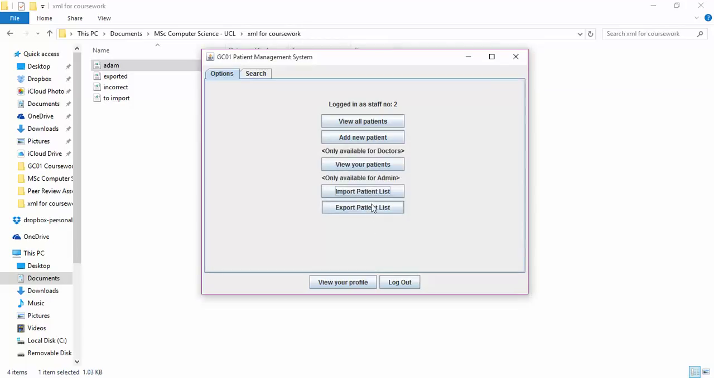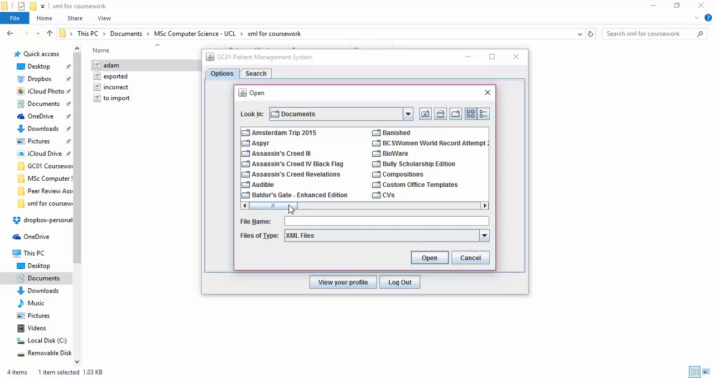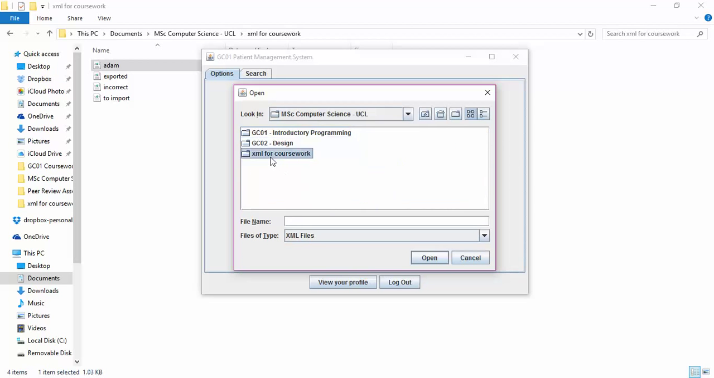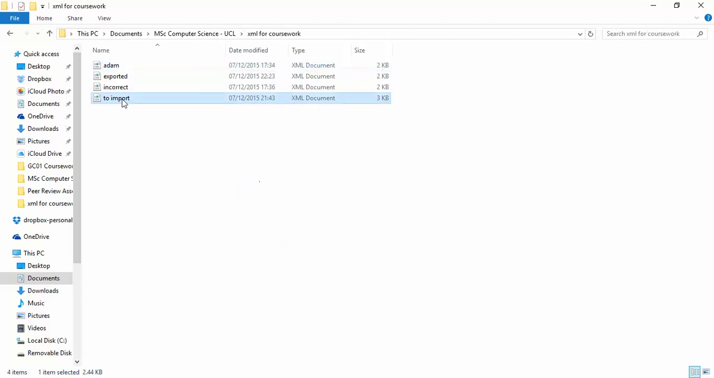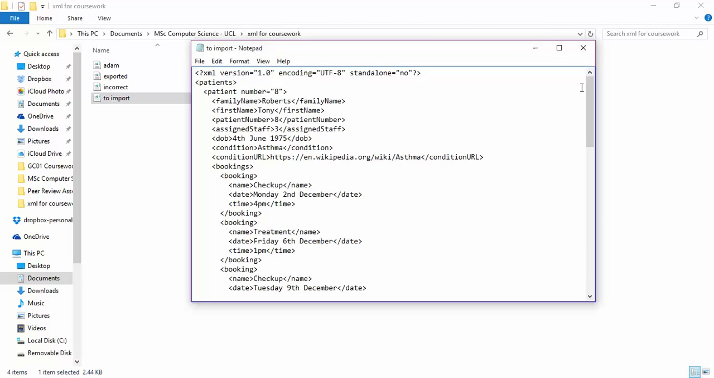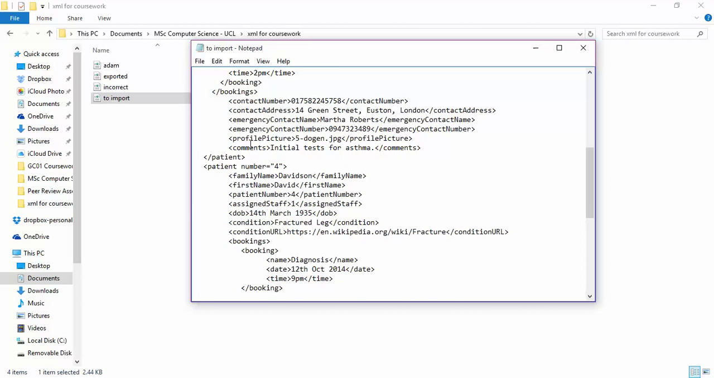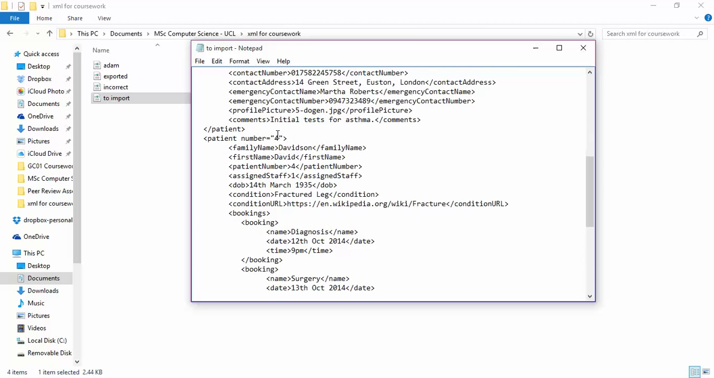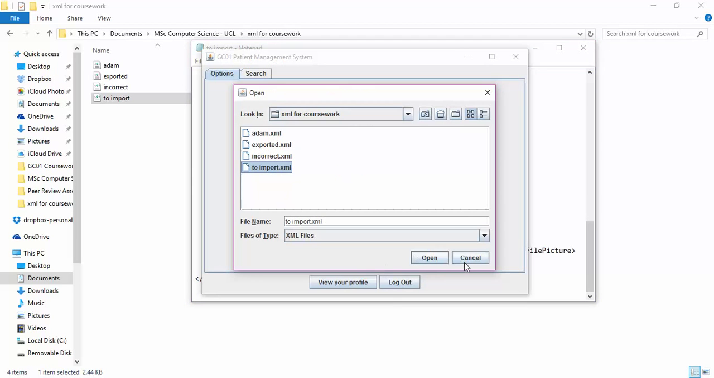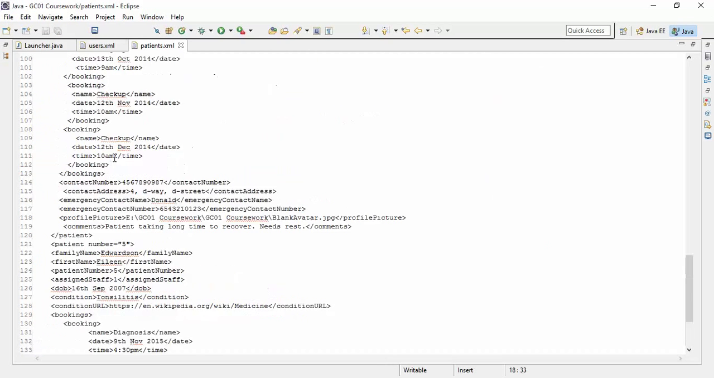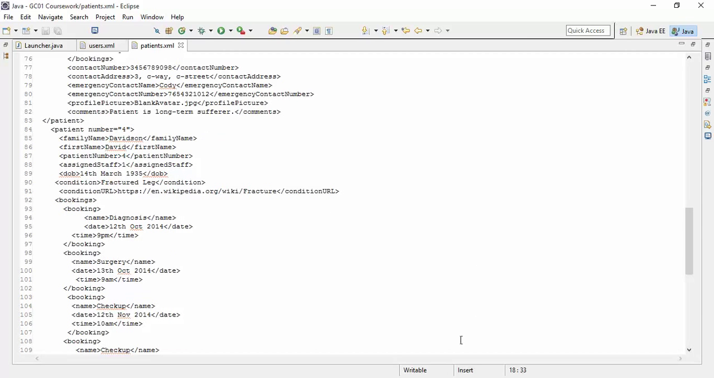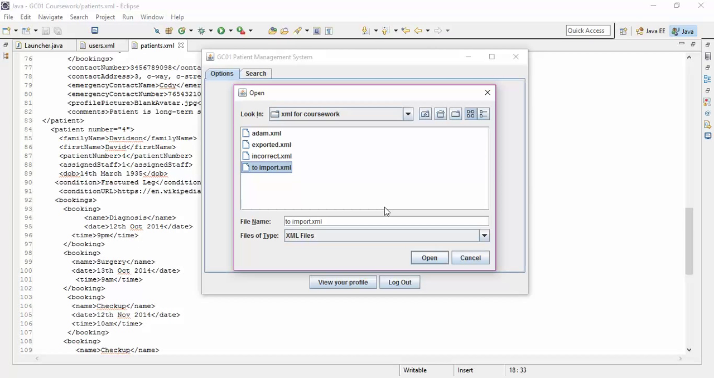So let's try the last file out. This one should actually import someone. So we're going to want to try the to import file this time. We'll have a quick look in here. This one at the top has a new patient called Tony Roberts, who is numbered 8. And he's well formed, he has all of the nodes in the right place. But we'll also see that under him there is David Davidson, patient number 4, who is already in our patients file. So ideally it will import Tony Robinson, but will not import David Davidson. And indeed,